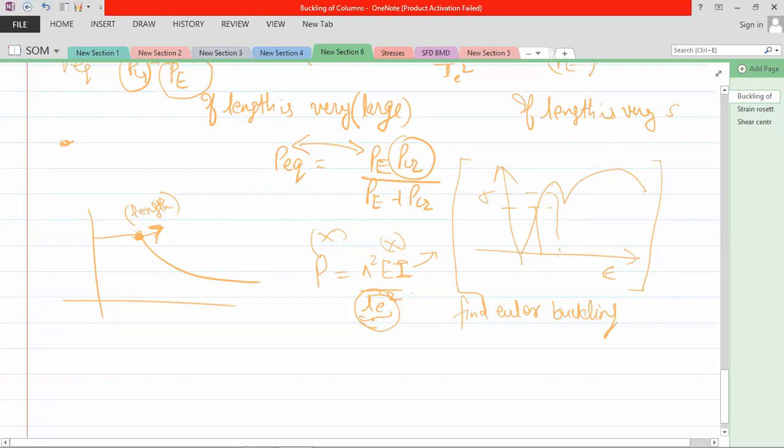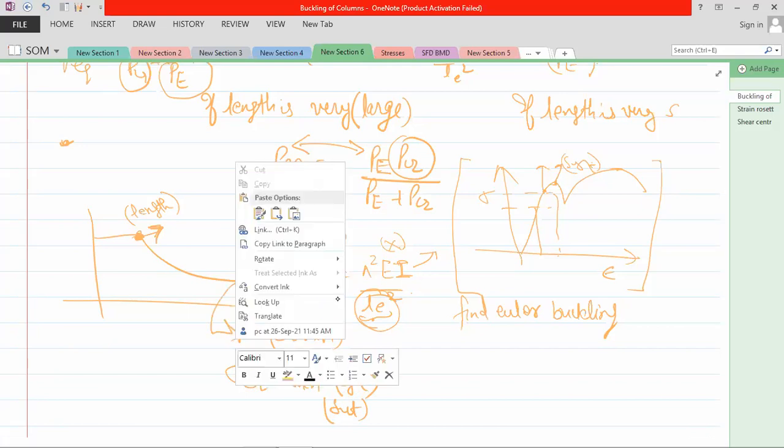Here you can consider the yield point. Suppose this is your yield point. They gave only yield points and ultimate points. So you can obtain P equal to SYT, that is your yield point, into area. In the ideal condition, the crushing stress is equal to the tensile stress, which is equal to the yield point. Sometimes they also take the ultimate point. It depends on whether the material fails as ductile or brittle. So you can obtain P from this equation.